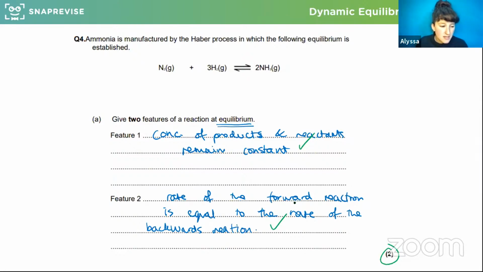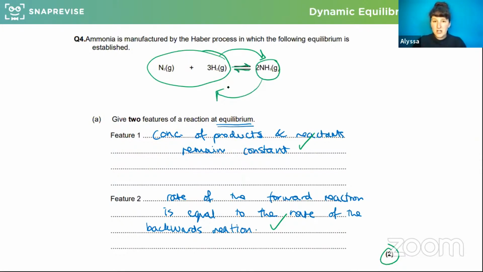So in this case, Mercy, when this system reaches equilibrium, then the rate of the forward reaction, the rate of nitrogen and hydrogen turning themselves into ammonia, and the rate of ammonia turning itself back into nitrogen and hydrogen again is equal. So there won't be a change in pressure because the